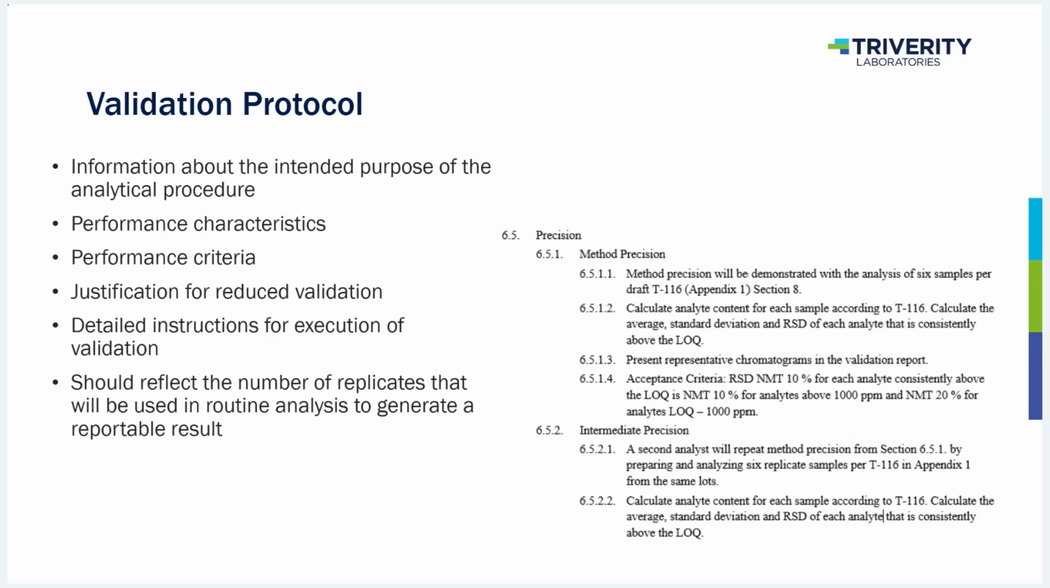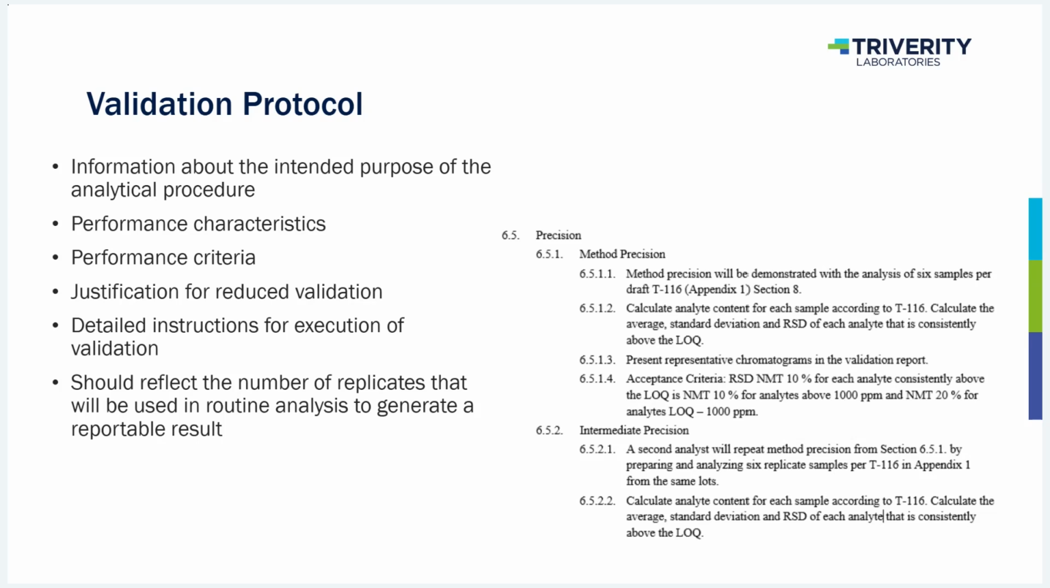If a new formulation or a new strength is added, we need to evaluate the method validation and make sure that it is either under the scope of that method validation, or we need to do a bridging study to expand the scope of that method to include that product. Your validation protocol needs to include the performance characteristics, your performance criteria, what the acceptance criteria is, any justification for